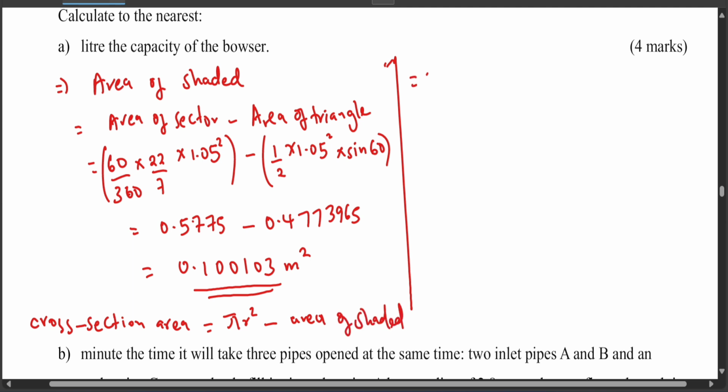So pi r squared, 22 over 7 times r squared, 1.05 squared. Then subtract it from our area for the shaded region, which is 0.100103. So what will be your answer? 22 over 7 times 1.05 squared, then subtract 0.100103, which gives us around